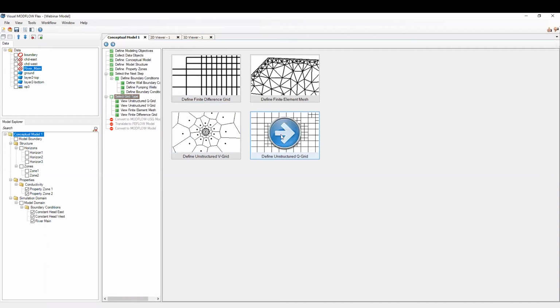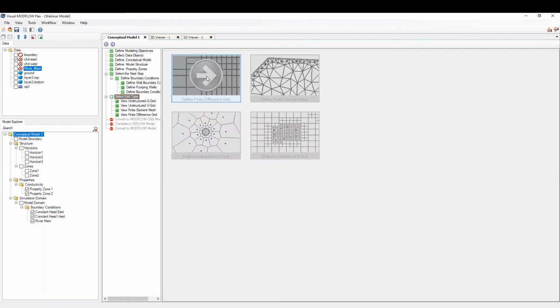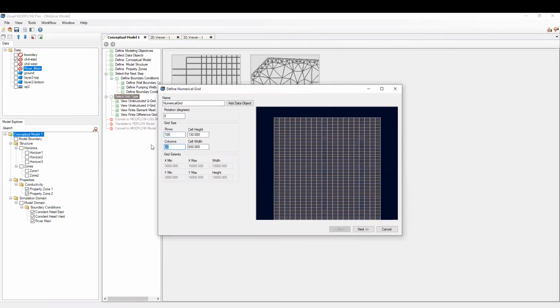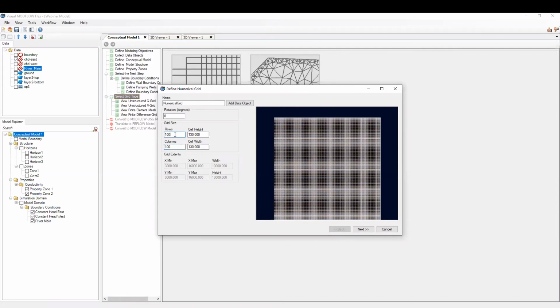So let's just make a first try. As a matter of fact, let's do the standard model. That's the main part of our example, which is the finite difference grid. And let's apply a number of 100 rows and 100 columns. And okay, we are not going to rotate the grid at this stage. So let's just call this numerical grid